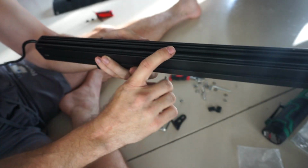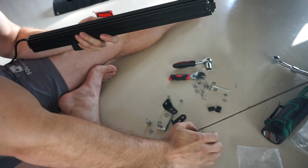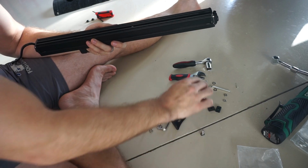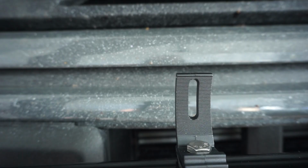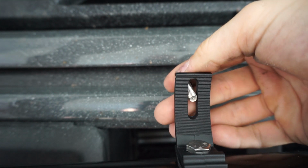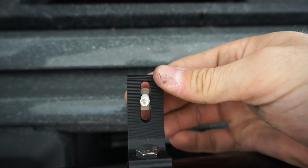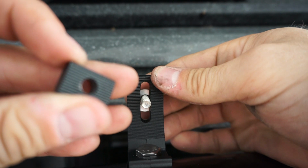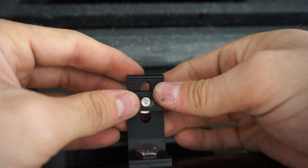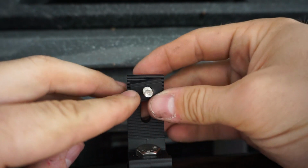So how it's going to work is you're going to have your nut right in here, and then on your bolt it's going to be just like how you would expect. It's going to have a lock washer, and then a standard washer, and then we are going to screw it in from the back portion. So with your bolt, lock washer, and washer, you'll come in through the back right here, the smaller portion, sorry, that we already spoke about that has the grooves on it. Right here, the grooves will go facing the mounting bracket, and we can adjust this up and down at a later point,